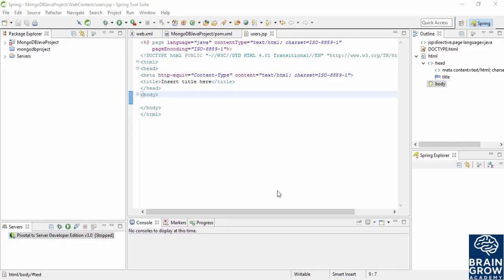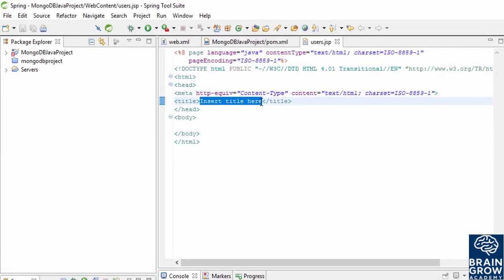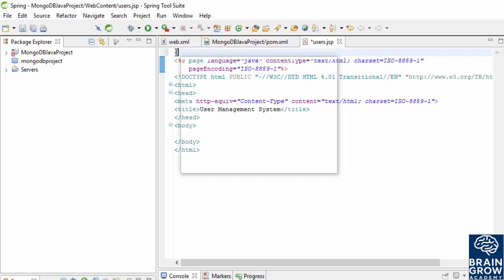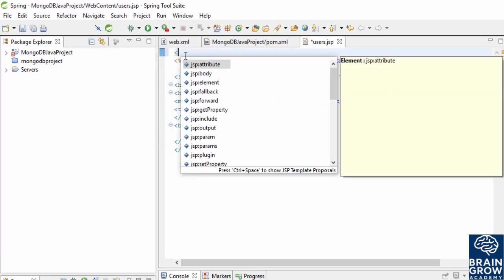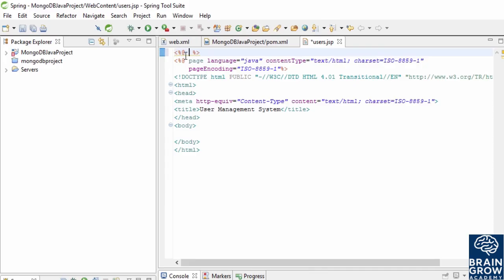Hello and welcome back. So let's start writing the JSP file. So the first thing I'll change is the title. Here we can give the title of our project, that is User Management System. Okay, and then the other thing we need to add, the very first line we need to change it to, not change, we need to add inside the scriptlet. We need to tell the JSP that we are going to use a tag library. So we use